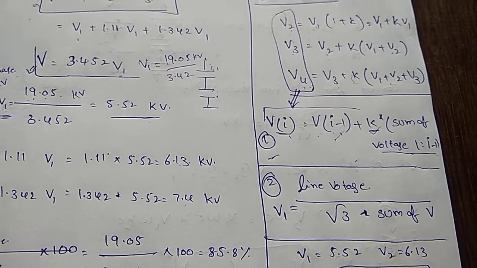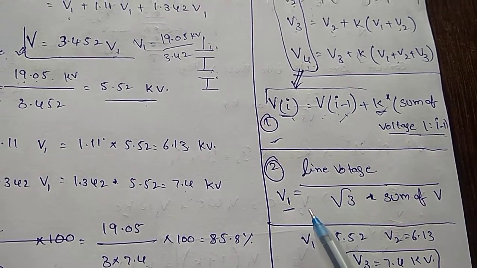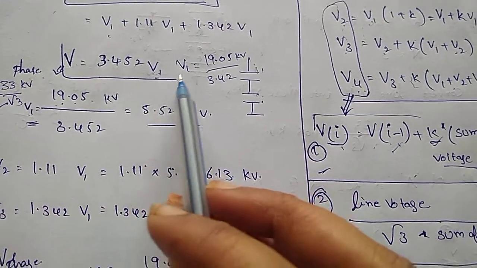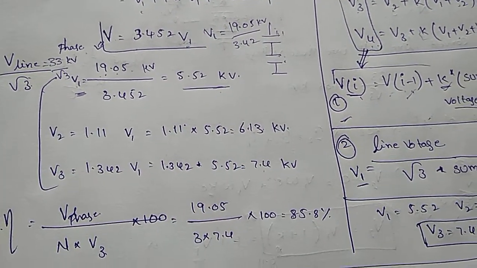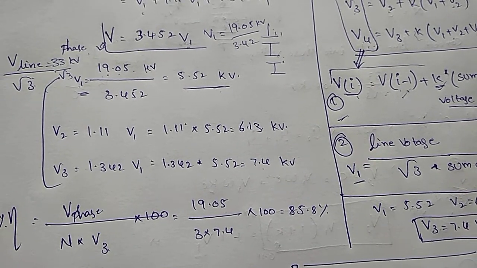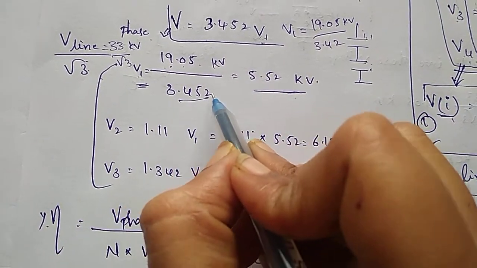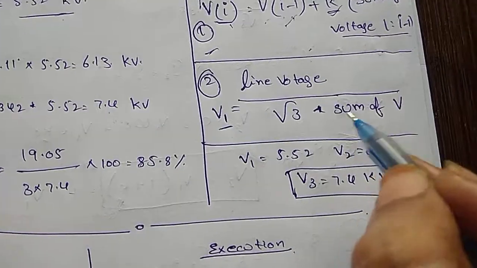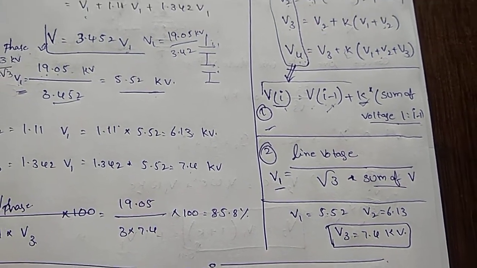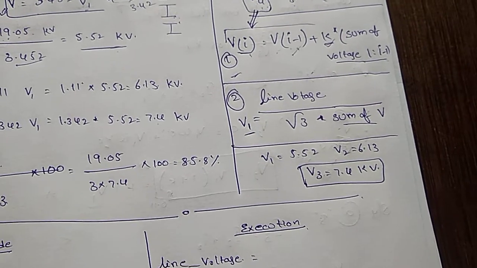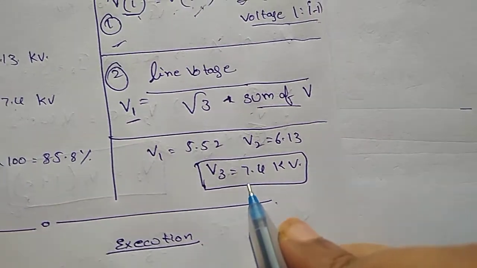From this, if I want to calculate the voltage V1, how am I calculating? Line voltage divided by root 3, because previously I am having the line voltage, so line voltage divided by root 3 multiplied by the sum of all the voltages, in terms of V1. Over here the sum of voltages is in terms of V1. So once I got this one, I can get